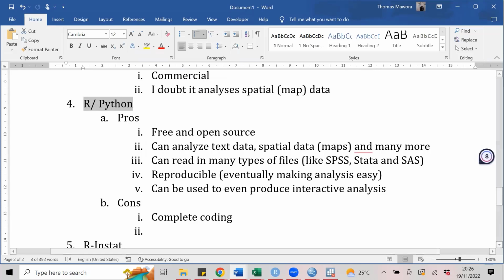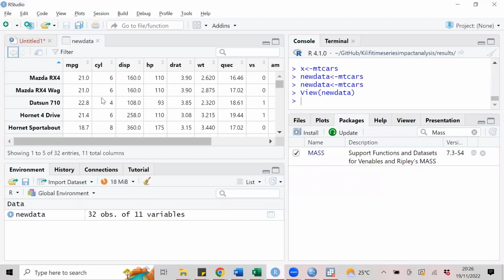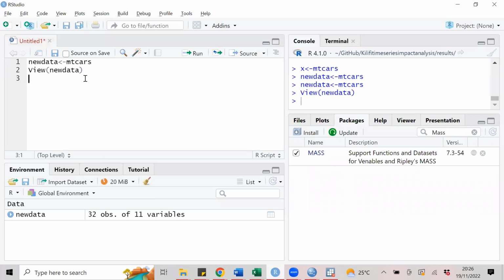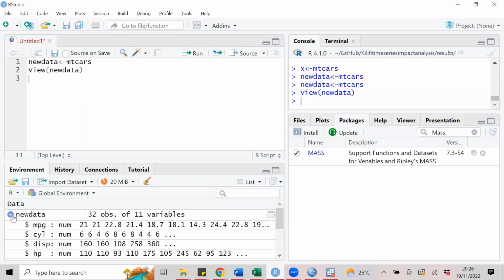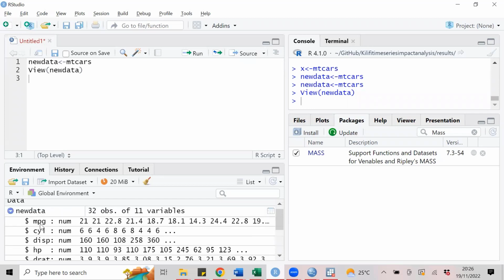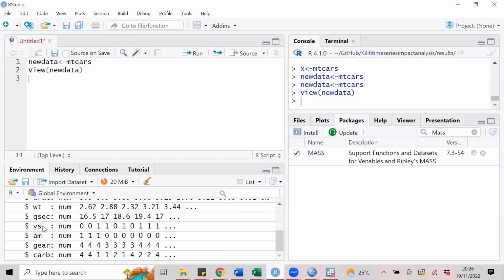The limitation with R and Python is, people see just the codes. And if you look at the environment, you just see you have this new data and these are the variables that you have. Nowadays, they have improved it a bit. You can see the type of variables and an illustration of how they are.